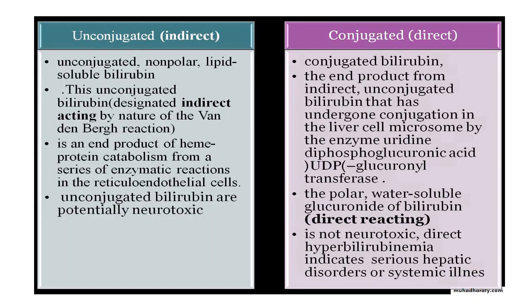This is the same thing that has been written. Only one thing over here is how the bilirubin is conjugated, by glucuronyl transferase and all that. And one important thing is that unconjugated bilirubin is neurotoxic. It gives rise to kernicterus if it is high. That is what happens many times in pathological jaundice and in neonates. And conjugated bilirubin is not neurotoxic.